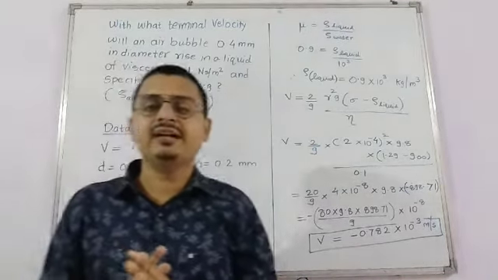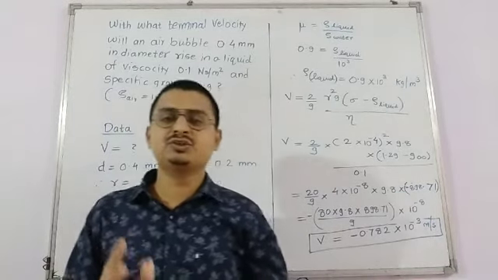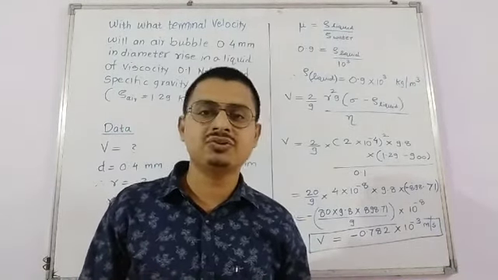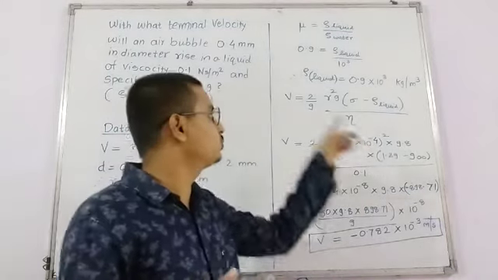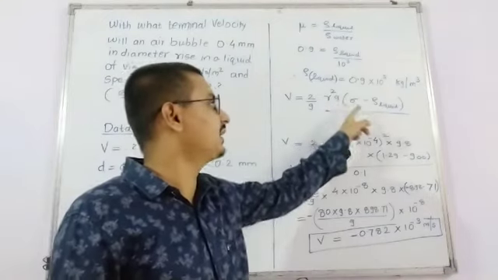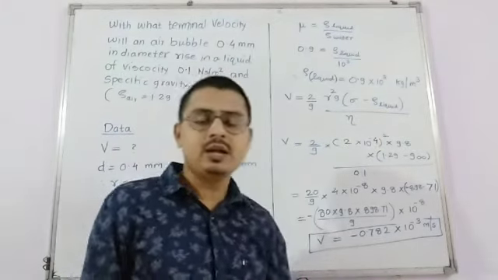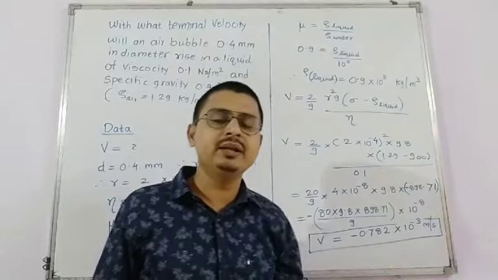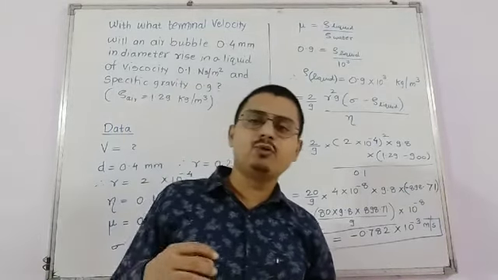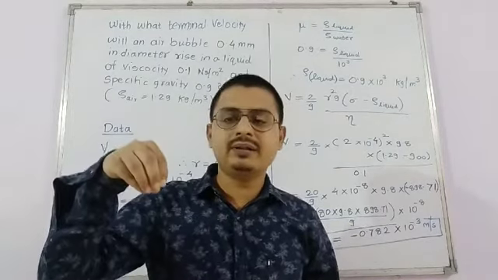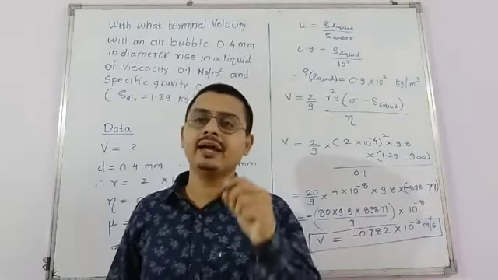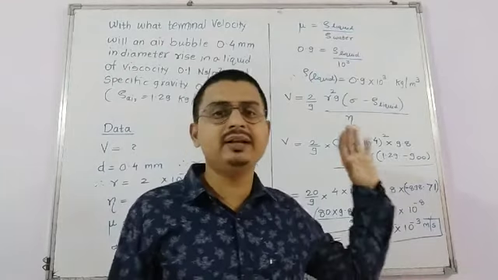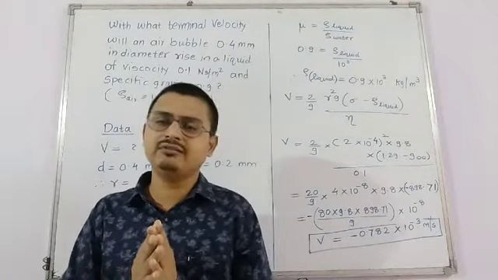तो हमने डेरिवेशन किया था टर्मिनल वेलोसिटी के लिए कि अगर कोई मटेरियल जैसे स्फीयर when it is dropped into the fluid after certain time interval that material attains a constant velocity, और उसका जो फॉर्मूला है that is 2/9 R square g (sigma minus density of liquid) divided by eta. और यहाँ पे जो सिग्मा है that is less than the density of a liquid. सो जो आंसर हमें मिलेगा that will be negative, क्योंकि यहाँ पे कोई मटेरियल जो है या जो स्फीयर है जो ड्रॉप करने के बाद it moves in the downward direction, बट यहाँ पे एक एयर बबल है that actually rises up, that is moving in opposite direction as per the derivation. So इसलिए जो इसका आंसर आएगा that will be negative.